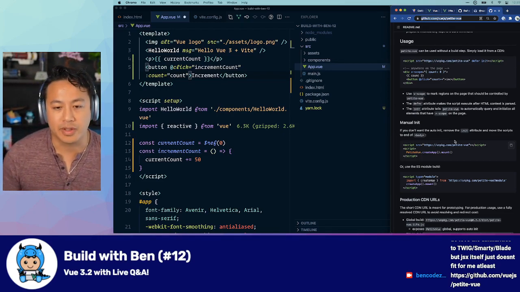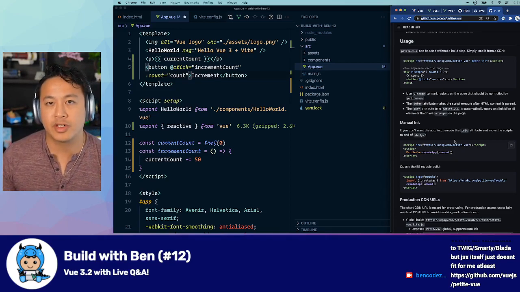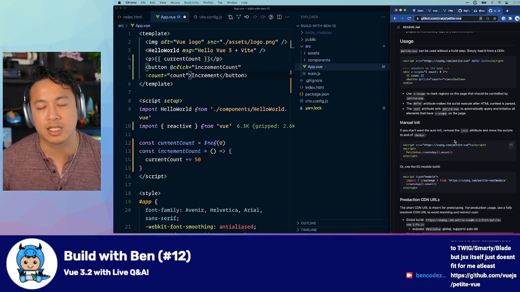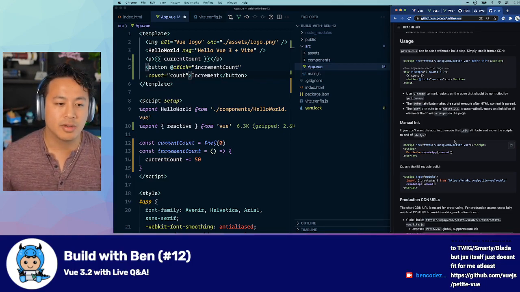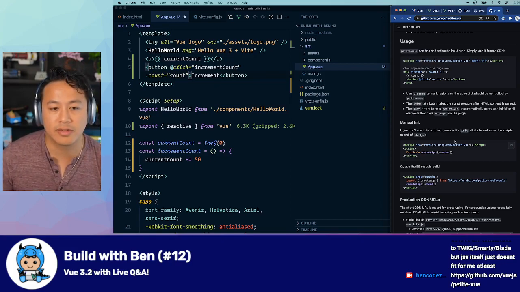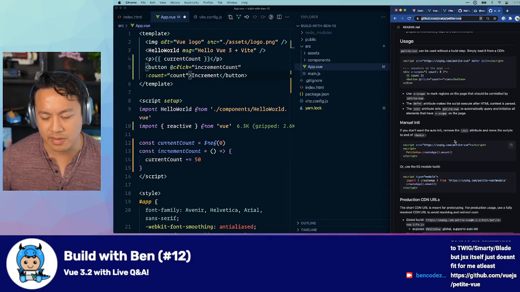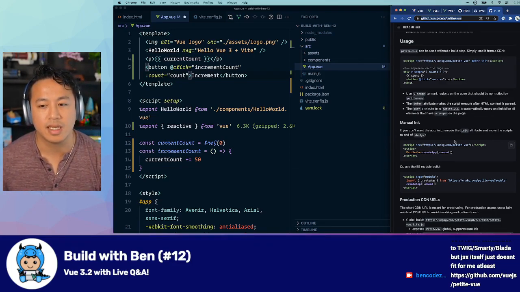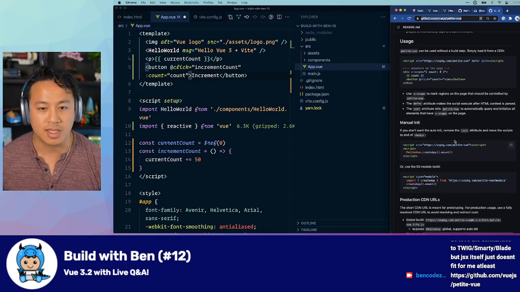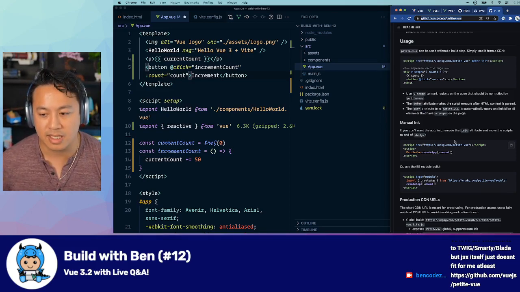As the name would inform you, though, petite Vue is a smaller version of Vue. It's not even just the fact that it's a smaller bundle size. It's that the features are, in a sense, a subset of the features of Vue. So some of the things that you might be looking for, like native transition elements, I believe, is an example of this, as well as some other things. Those might not necessarily exist in petite Vue because, again, the reason petite Vue was created is, one,